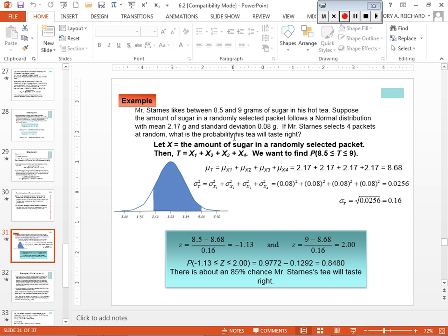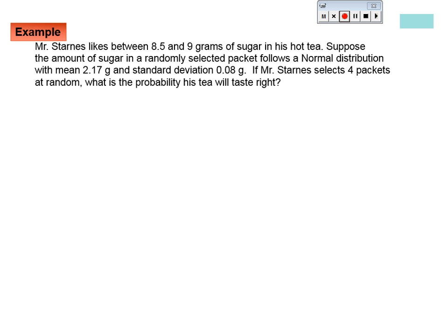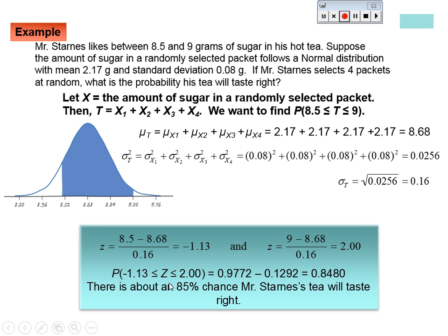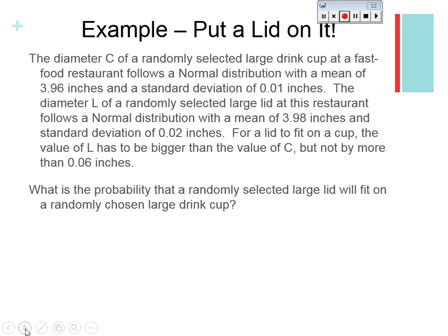So this would be roughly about 0.8480. So that's the probability that he'll get between 8.5 and 9 grams of sugar in his tea there. So that's just a normal distribution problem that's involved with something like that. What we're going to finish up with here is a normal CDF problem involving the normal curve